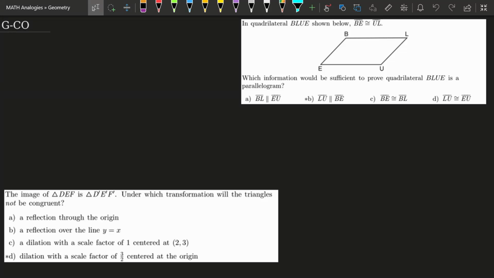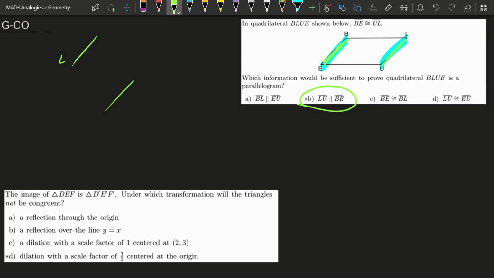In the quadrilateral blue, we know that BE is actually the same size as UL. So what else would we need to know to prove that this quadrilateral is a parallelogram? In fact, it's going to be choice B, where as long as we have LU is perpendicular to BE, we will get a parallelogram. That visually makes sense here, but even if we just knew they were parallel and were